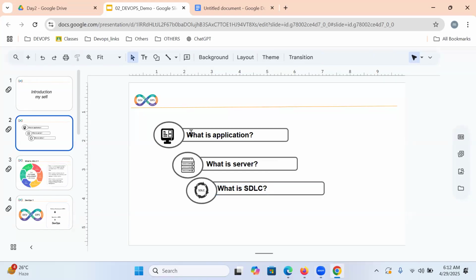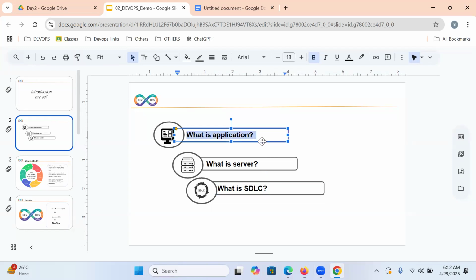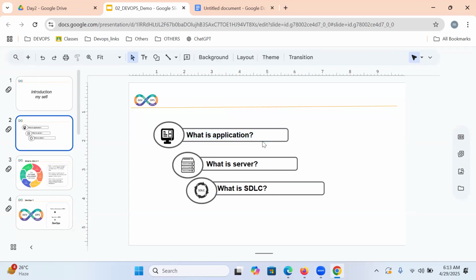So what is an application? Application is nothing but the working software, which is written in any programming language like Java, .NET, Python. We call it an application. That application is placed on the server side.